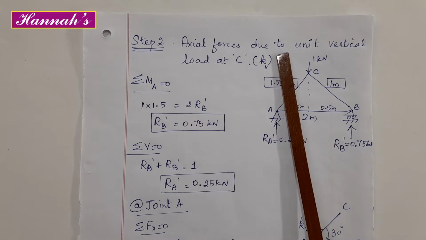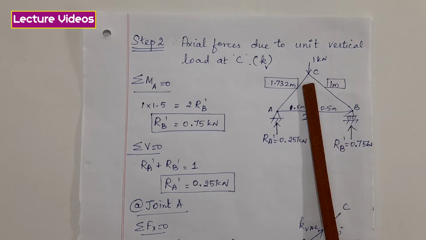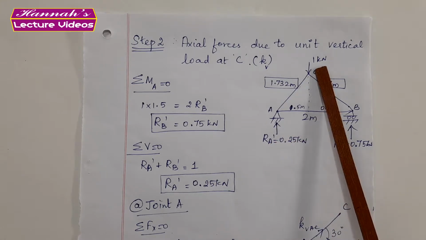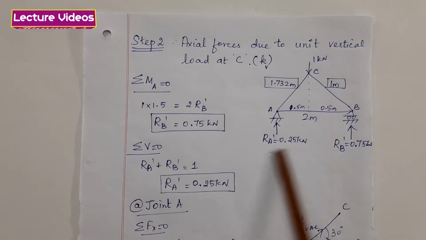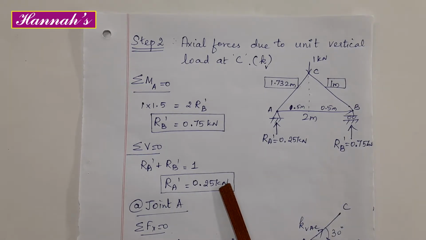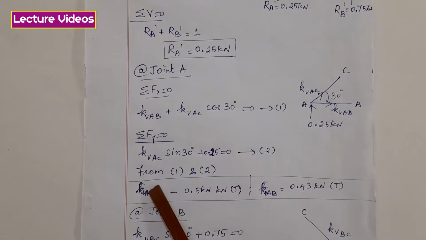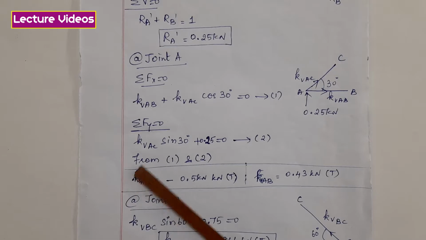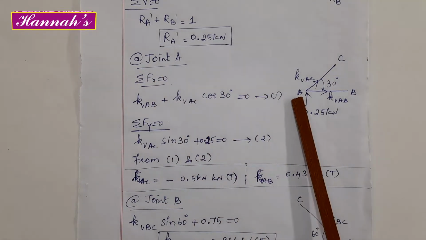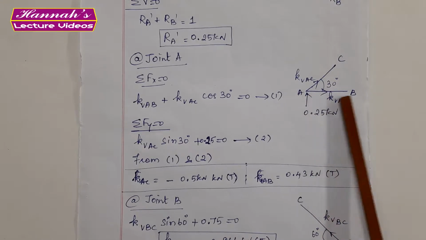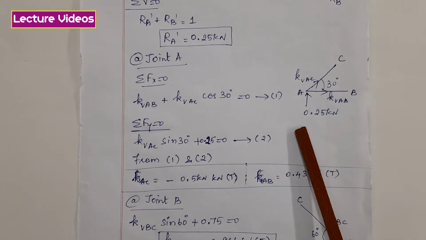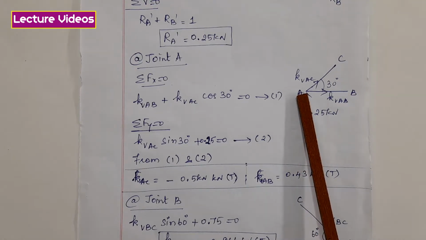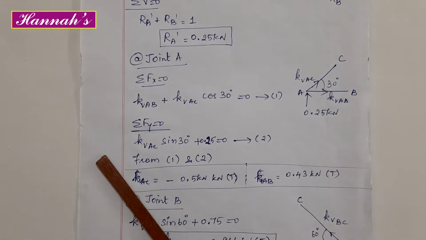Same way, for the unit load applied at C to determine delta Vc, our aim is to find the reactions. So for this unit load, we have determined the reactions, shown here by the equations of static equilibrium. Next, by the method of joints, with these reaction values, same as what you have done already. At joint A, I have drawn the free body diagram. There are two members AB and AC. The reaction for the unit load is 0.25 kilonewton. The force is assumed to be tension to begin with in both the members.